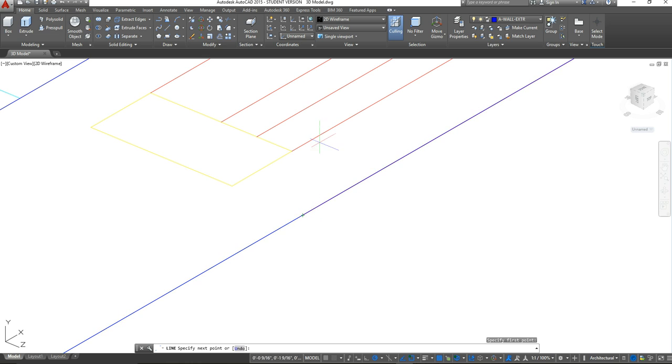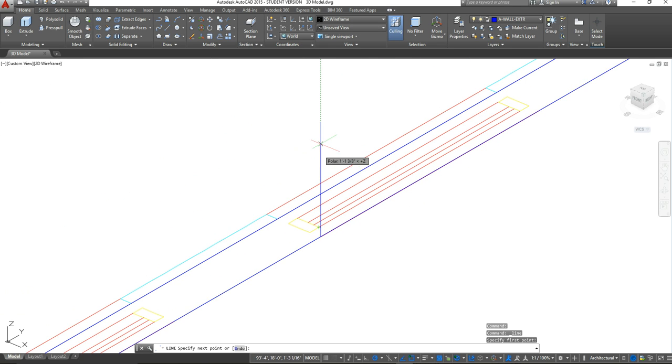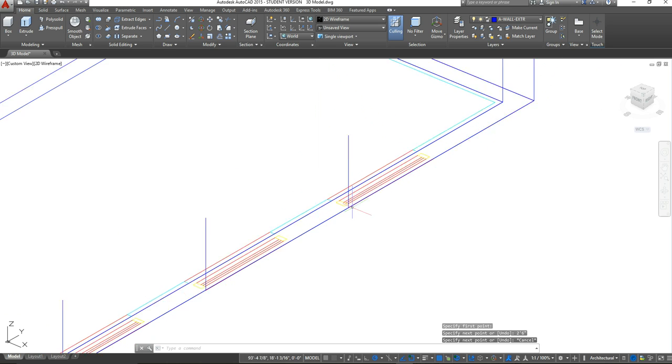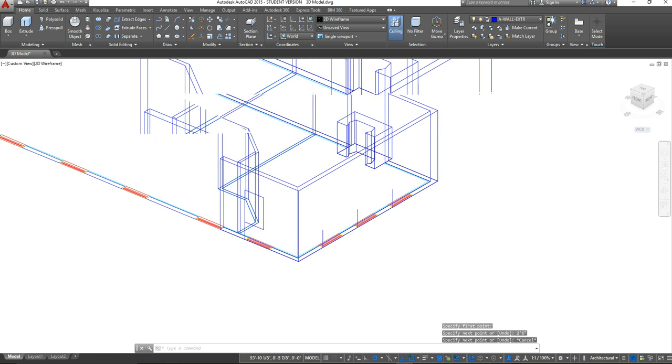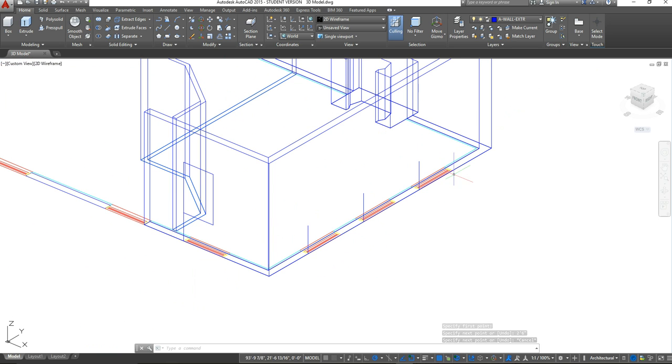So I'm just going to click. Nope. Sometimes it goes out of the tool for some reason. So you just want to make sure if it's not giving you that line tool, that you just click that line tool again. Okay, and I'm just going to go up 2 feet 6 inches again, press enter and escape. Okay, so now I have all of my guidelines for where I need to place those window openings on this